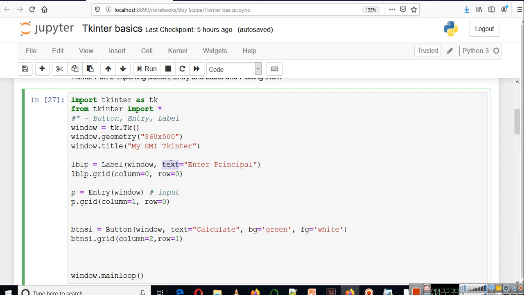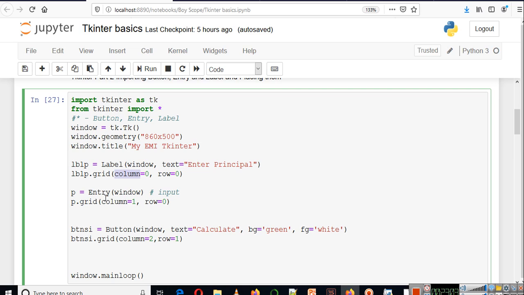The second argument will be the text which will be displayed on this particular label. Then we are using this grid method, which will be used to place this particular label on column number 0 and row number 0.